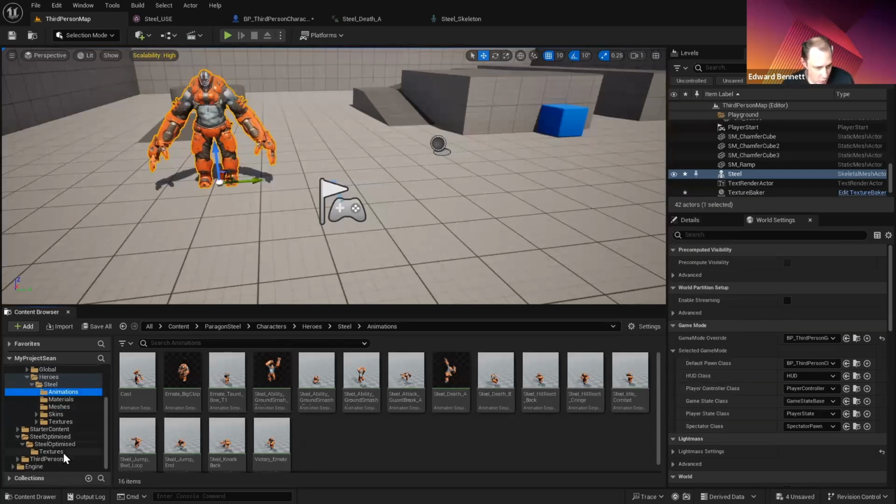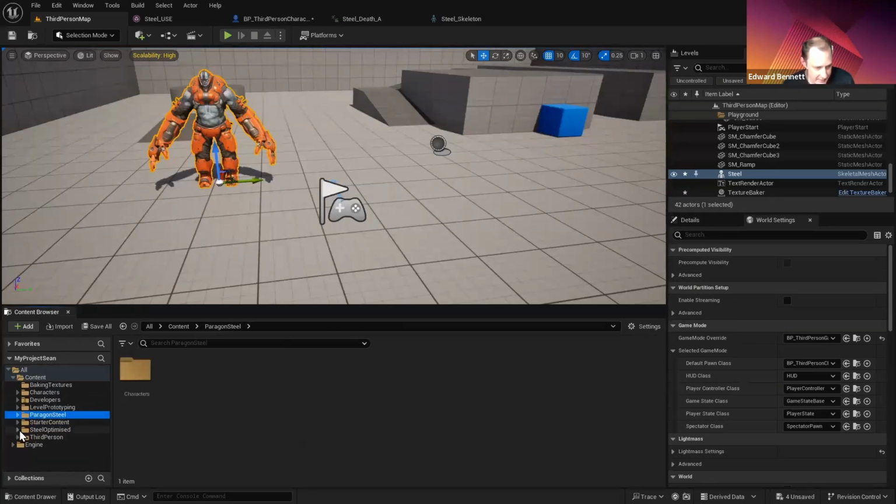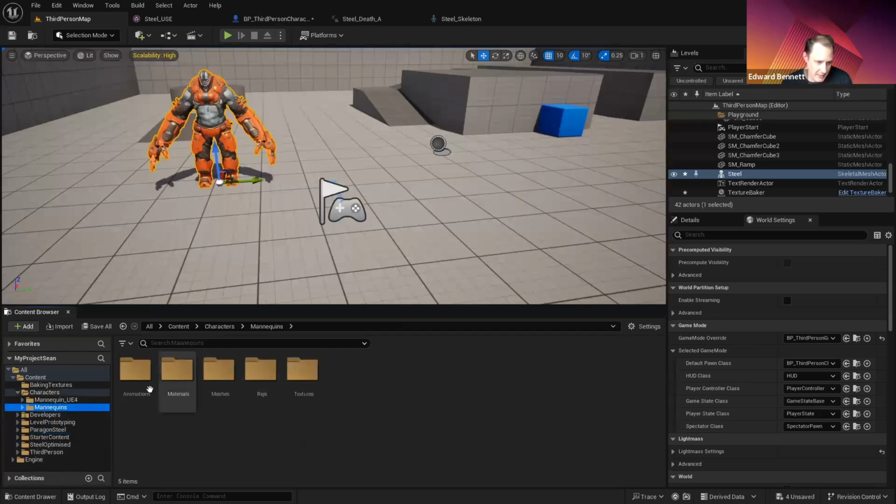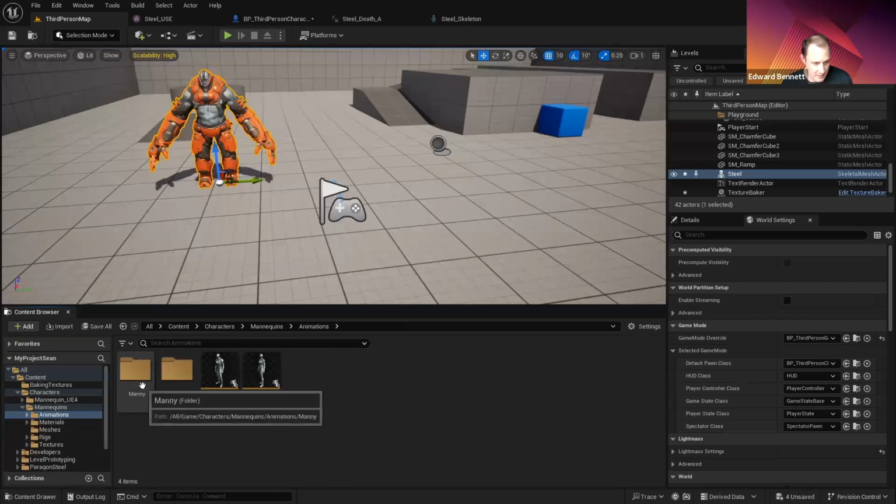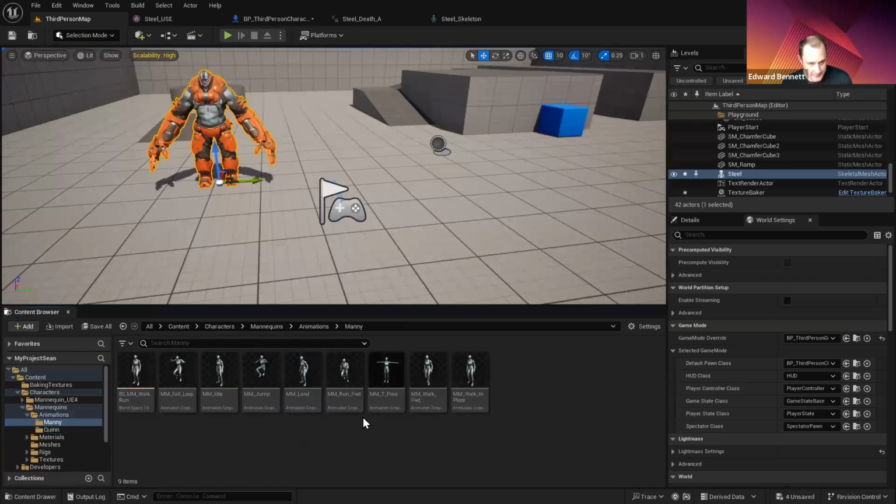Now, what I would like to do is look at the ones we want to recreate, the animation blueprint which comes with the third-person character using this mesh. So let's go to, I think it's under the character mannequin animations. And then we're looking at Manny. So if you come to this directory, all content, character, mannequins, animations, Manny, you can see that we have